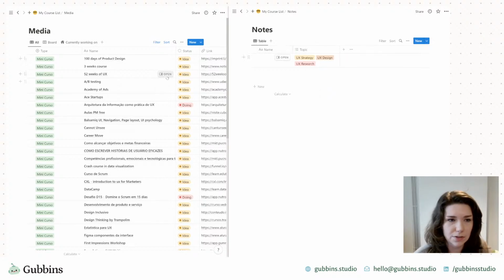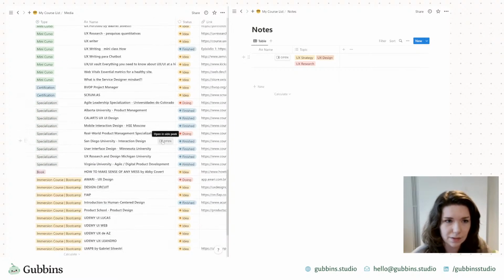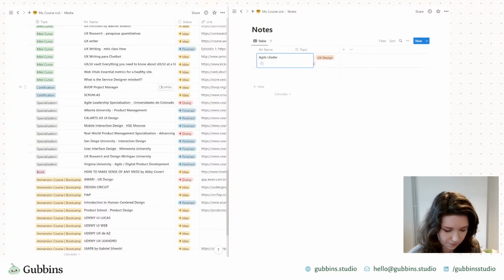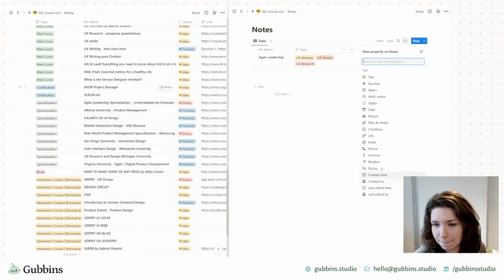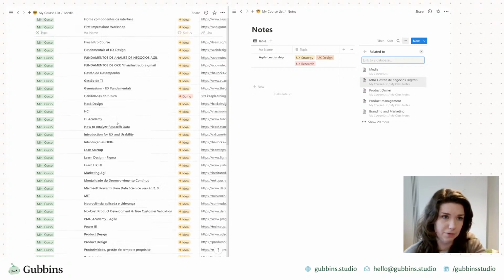So say you'd gone to, what's that one from before? Say you'd worked on this agile leadership specialization. And then you'd create a new property on this table and relation down here and relate it to media, which is the name of this.